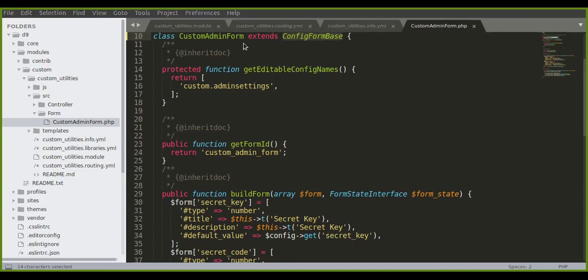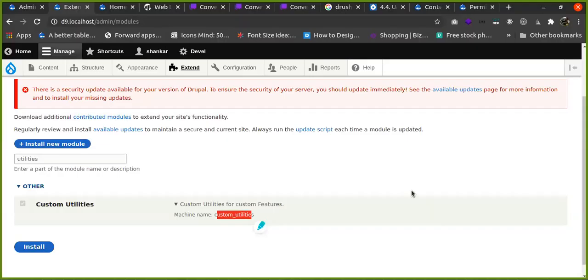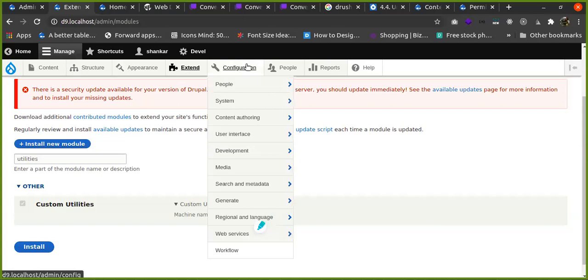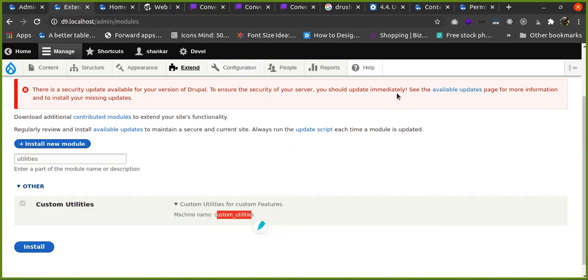Will you be able to see my Chrome browser? No. Okay, let me share. Okay, so under the configuration system, you may notice the settings. Okay, so that is what will come.